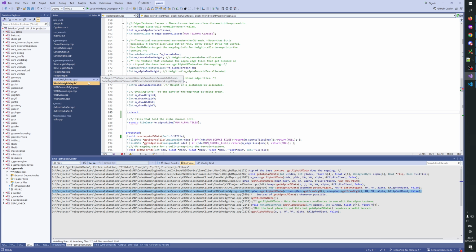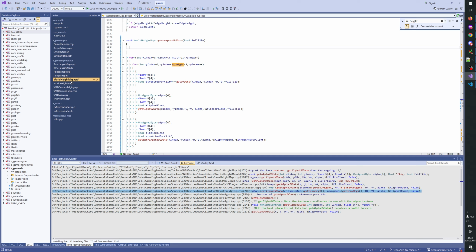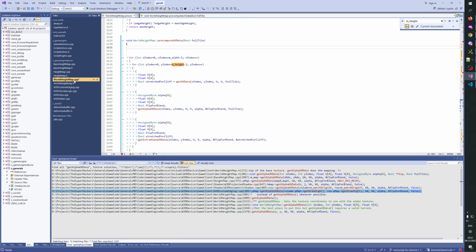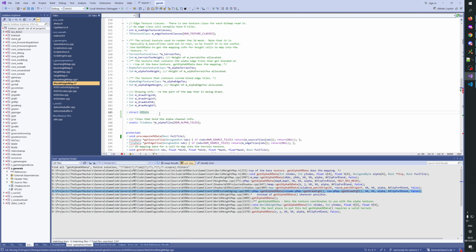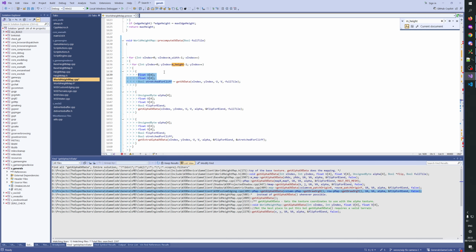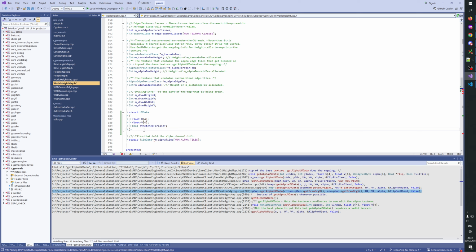Let's make a struct. Struct UV data. Then we add a UV